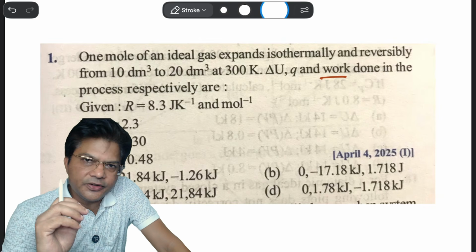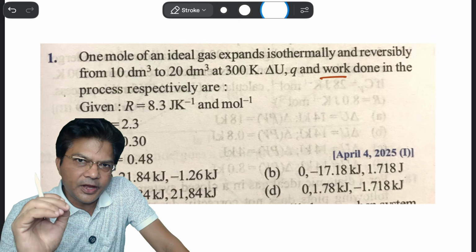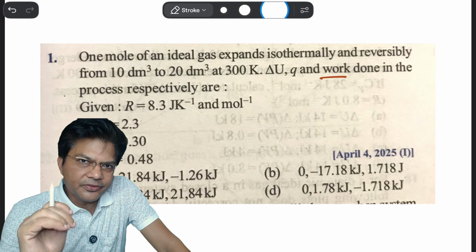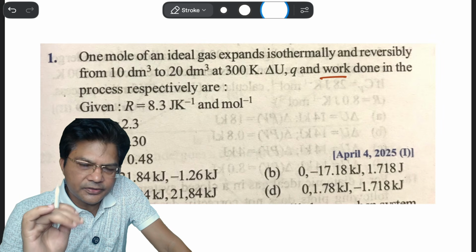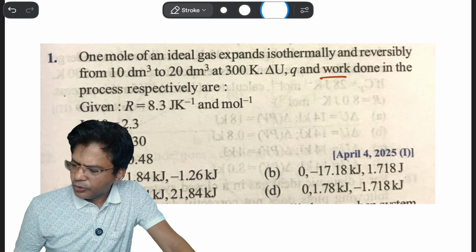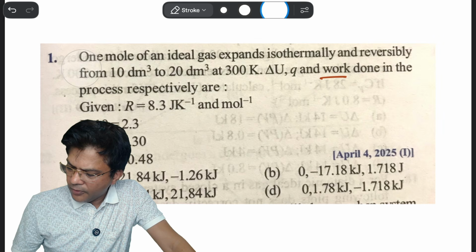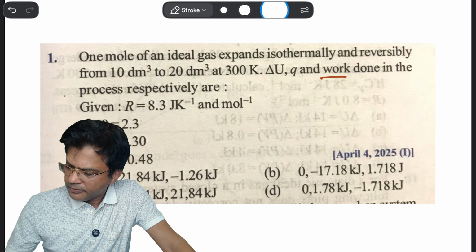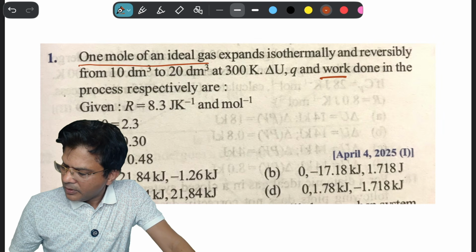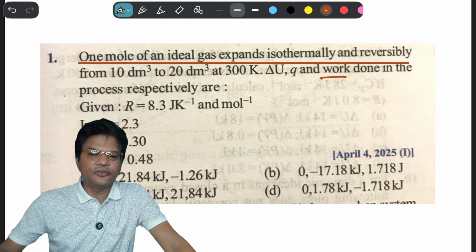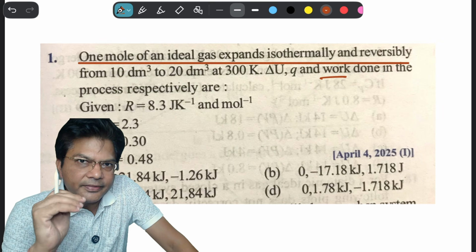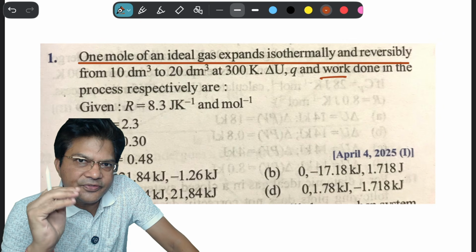Now, my dear students, these thermodynamics questions from JEE Mains are most expected for your RE-NEET 2026. Let's solve it. Question number 1. 1 mole of an ideal gas expands isothermally and reversibly. First of all, the first line indicates that it is taking place in infinite